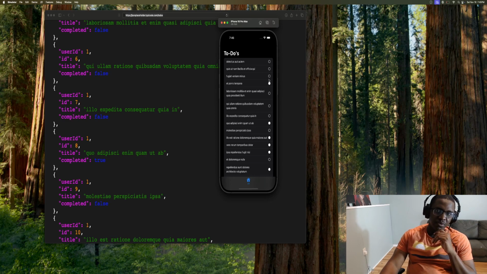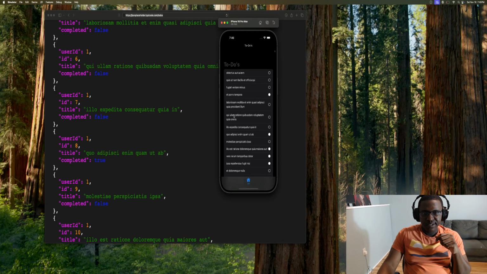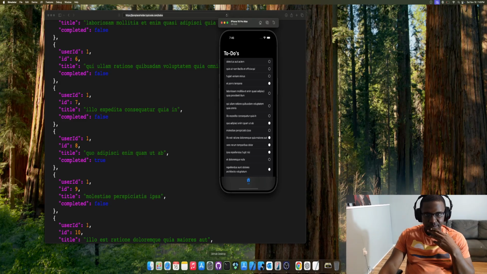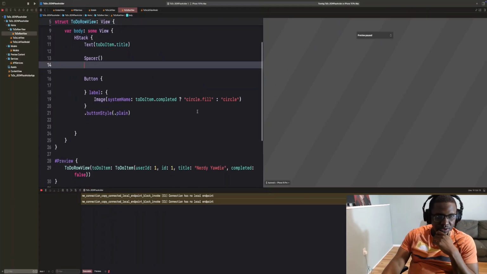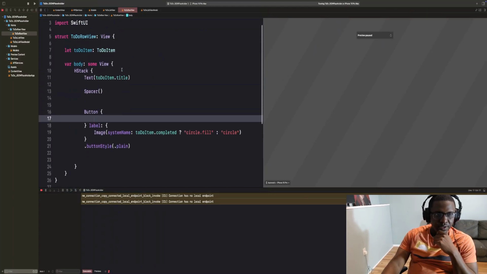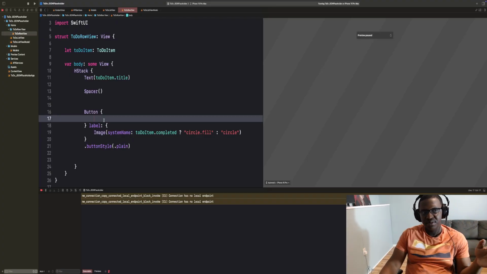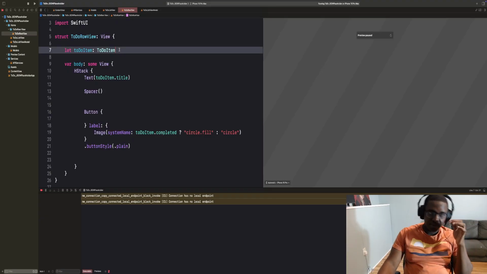Again. So we have it actually changing, but we're not able to toggle it, and we want to be able to toggle it manually. One thing I'm thinking too is I want to make the text capitalized. We could do that, but let's see if we need this. So this is the action where, if the user presses the button, I want to toggle it. So one thing we can do is